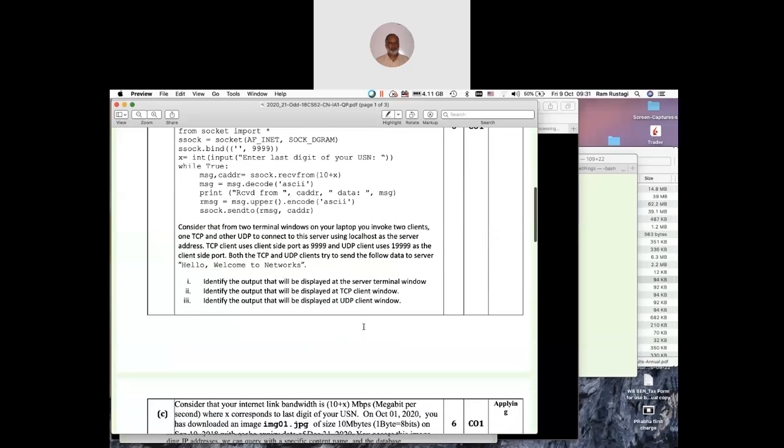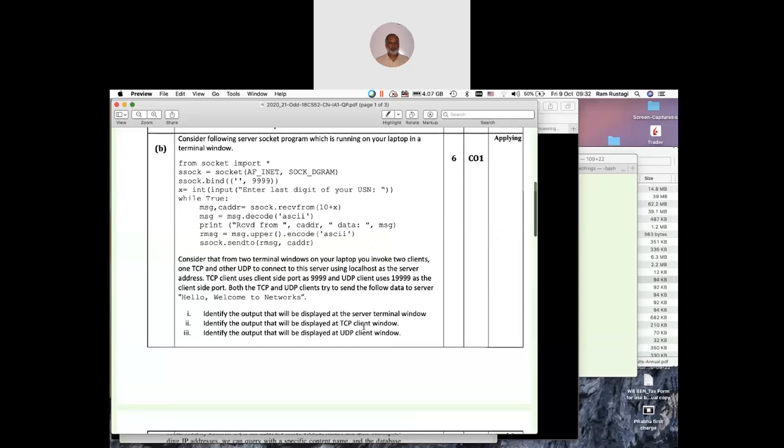Now let me look at question number 2. I'm not sure how many of you really wrote any socket program. As I said, unless you practice, you won't know. Among all the 20 or 15 question papers I have seen, I get to see a correct answer for the entire question. A bit disappointed, but that means you haven't practiced yet.